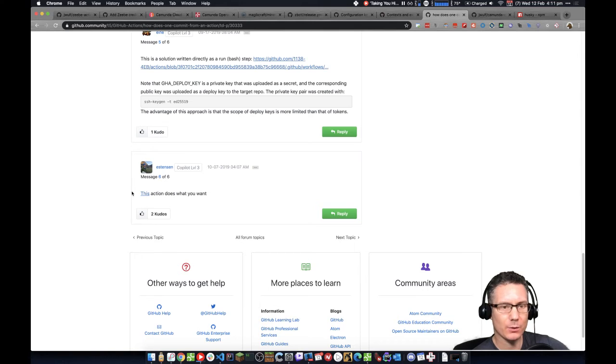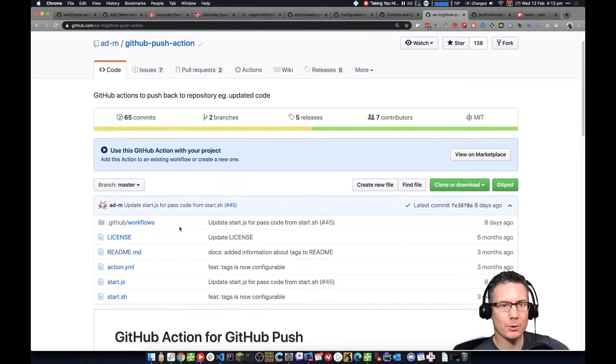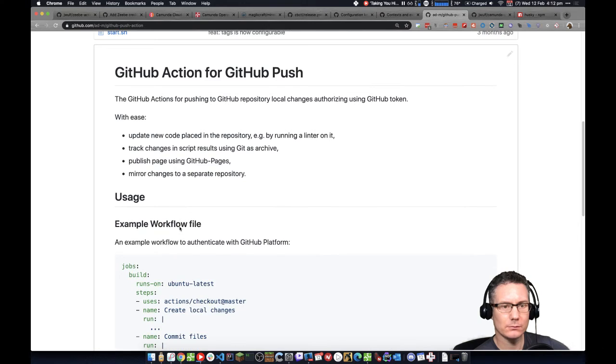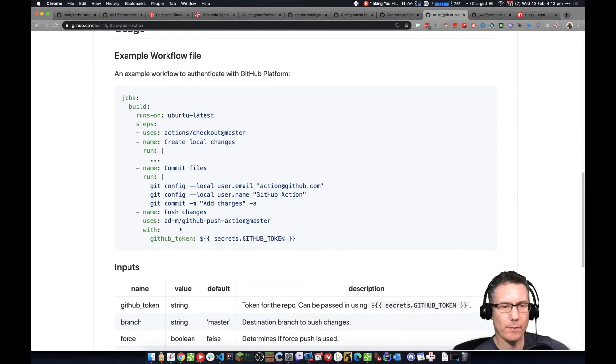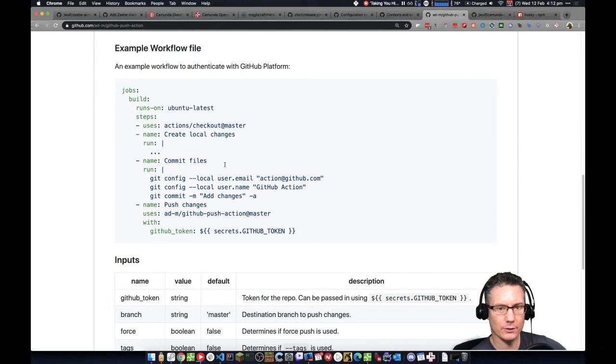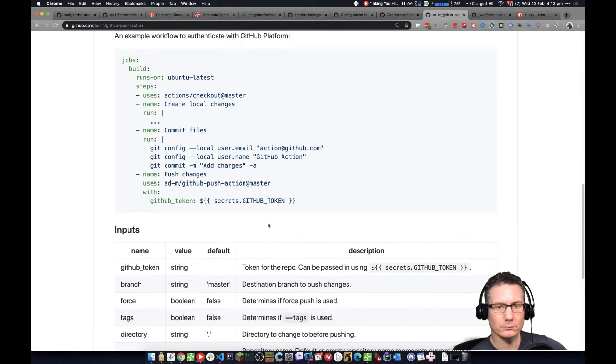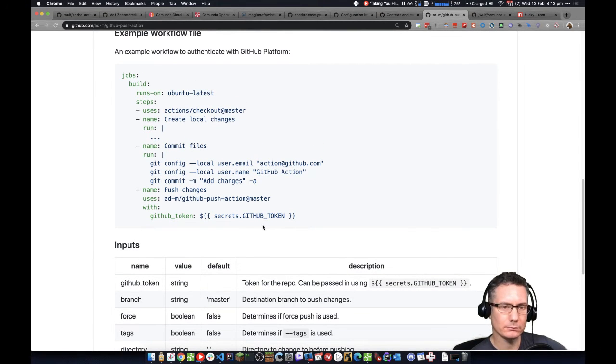Now this action does what we want. Here we go. Push back to repository, e.g. updated code. Okay, you gotta do this. Do you see the love? See the love in your